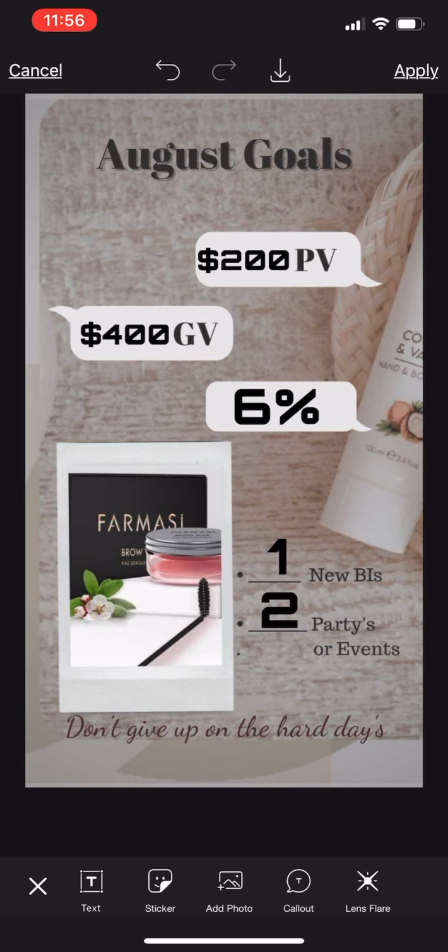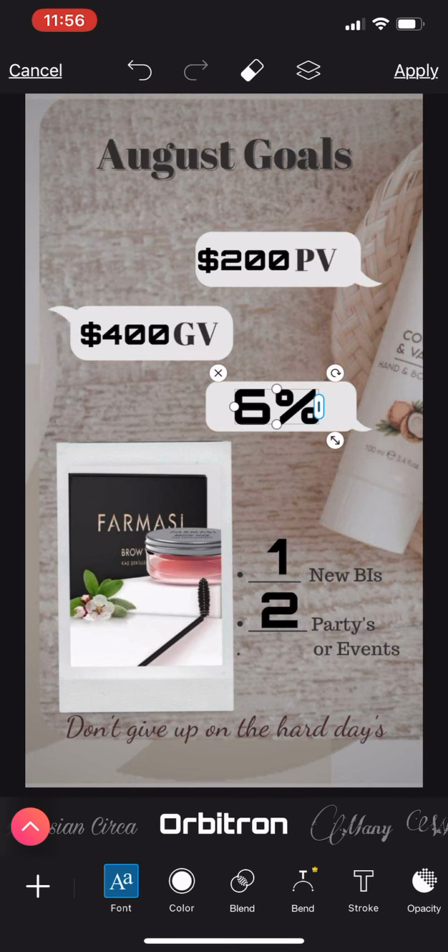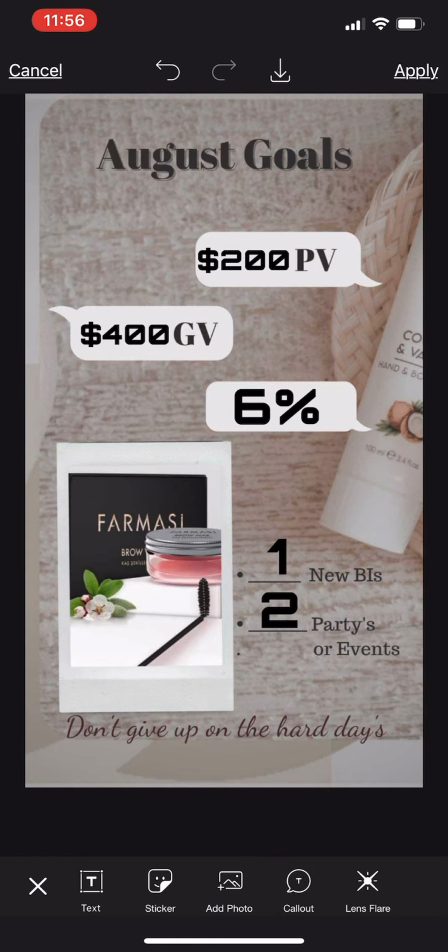So this specifically really is someone that is a new leader. I can tell you right now that just based on looking at this, when you are a new leader and you already have someone that's on your team, this is so easy to hit. Okay, this is so easy to hit because when you have someone else that's active and you guys are both growing, this can easily go to where you double it. So this can easily be 12%, 15%. Okay. So it's all based on mindset, but I just wanted to show you ladies how I fill in the goals. This is what I use. This is how I do it.